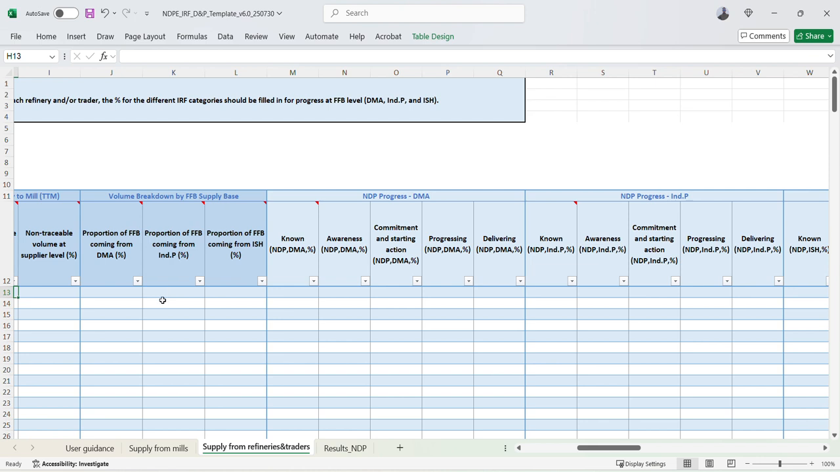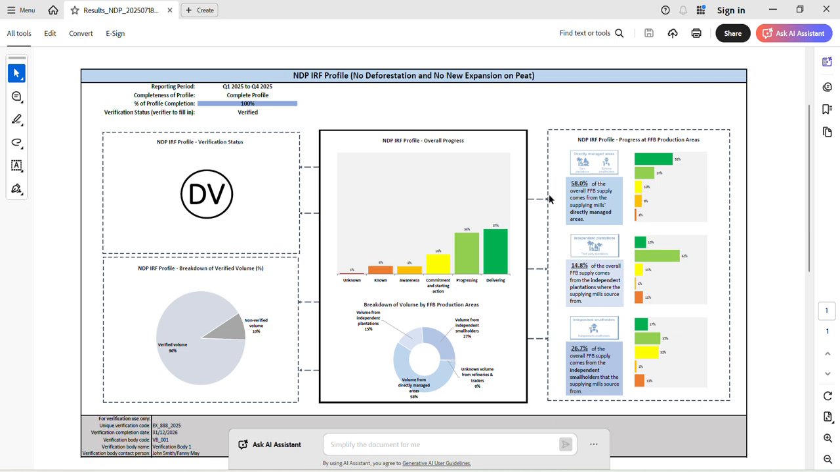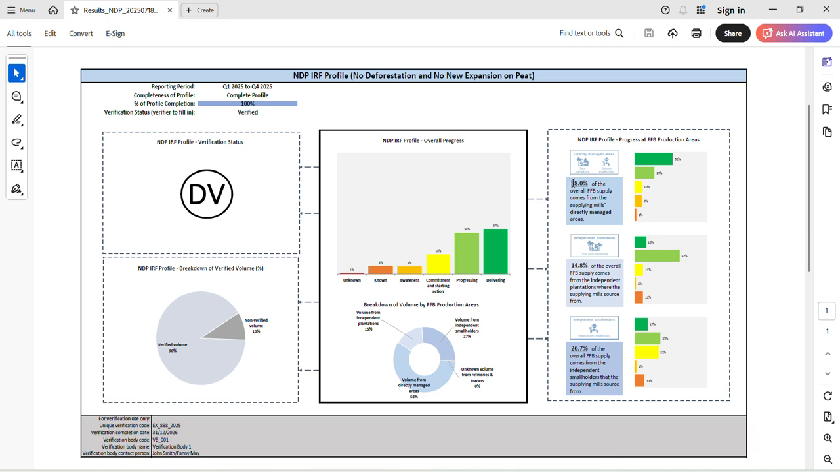So for the first section, this is the proportion of FFB coming from the different supply base types, so directly managed areas, independent plantations, and independent smallholders, just to show you where that is on the template. So it would be here for directly managed areas, and then the two numbers here below for independent plantations and